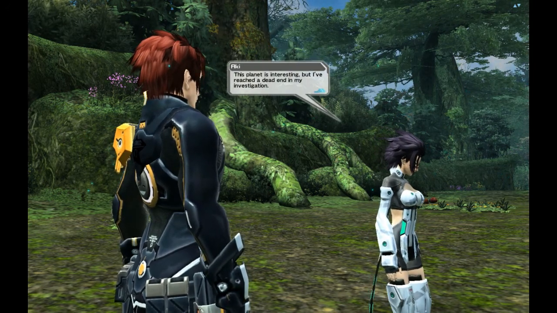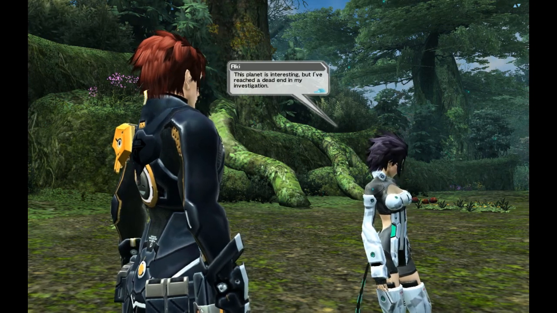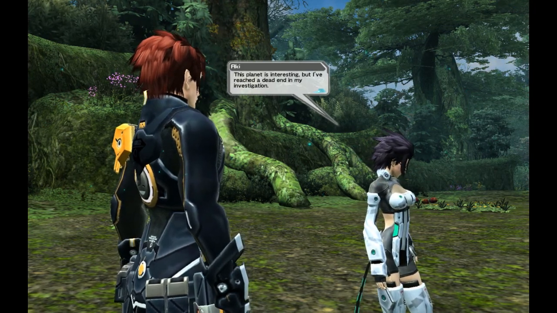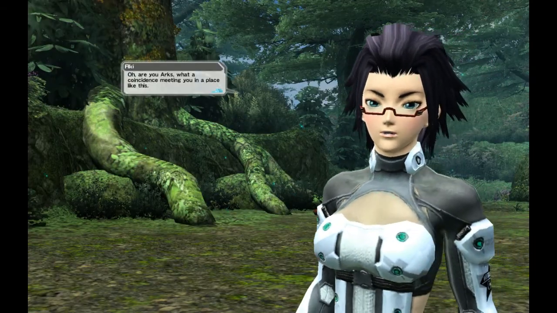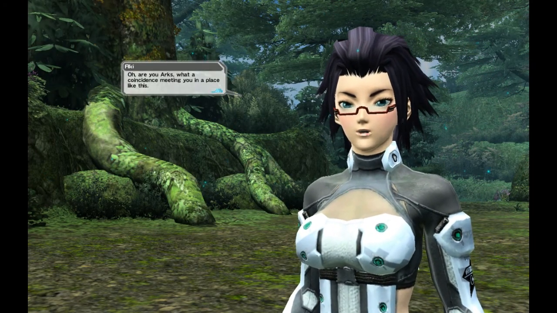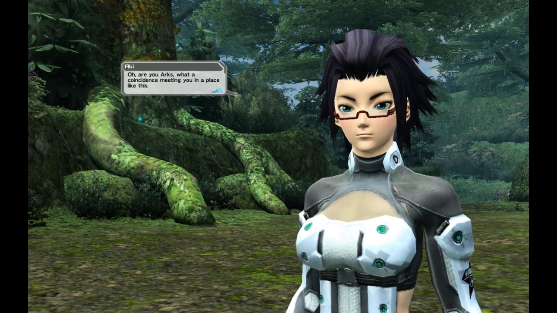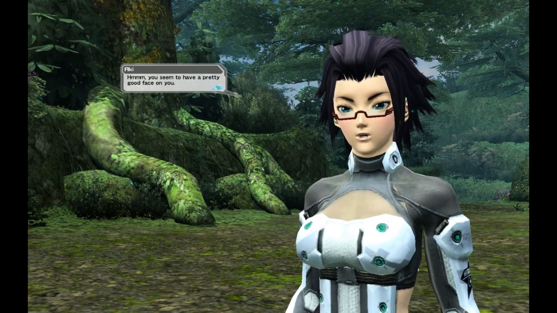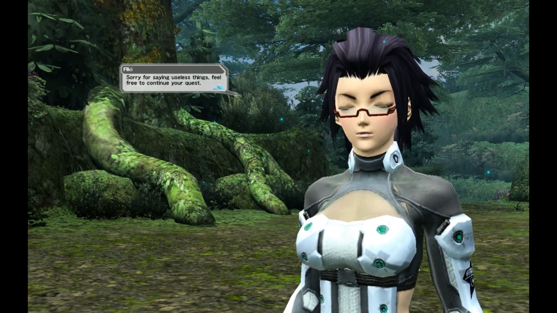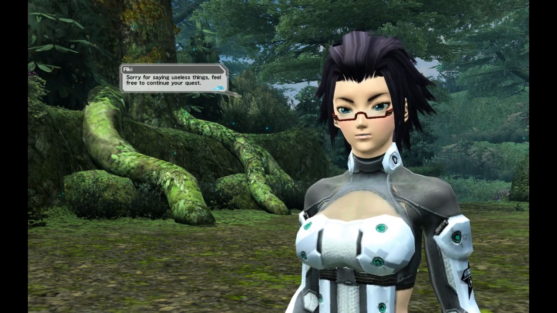この惑星興味深くはあるのだが手詰まりか。ここらが潮時だな。I think this is actually a new woman. I haven't met her yet in this one, this little playthrough thing. おや君はアークスかな。こんなところで会うとは奇遇だね。Nice glasses. へえ なかなかいい顔をしているね、君。おっと失礼。邪魔をした。君は探索を続けてくれたまえ。